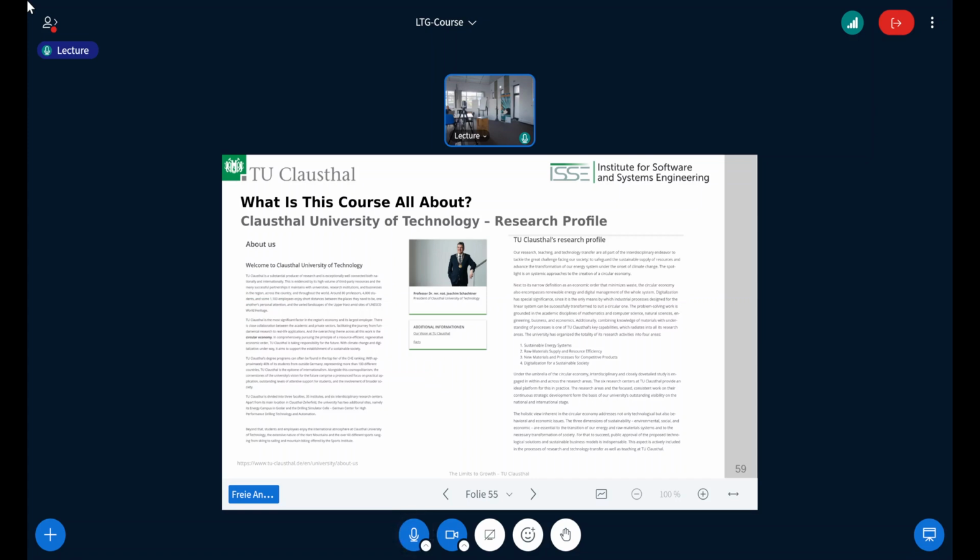This course, as I briefly teased in the organization slide, is part of this larger research agenda, of this larger research profile of TU Clausthal, of Clausthal University of Technology. The main research theme is the circular economy, but mostly from an engineering perspective. So how can engineers, be it chemistry people or engineering people, so material science, mining engineers, and so on, how can they help to make the circular economy happen? And we are essentially now laying the groundwork in terms of knowledge for those different